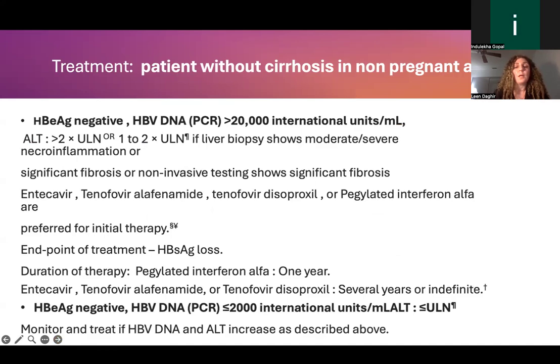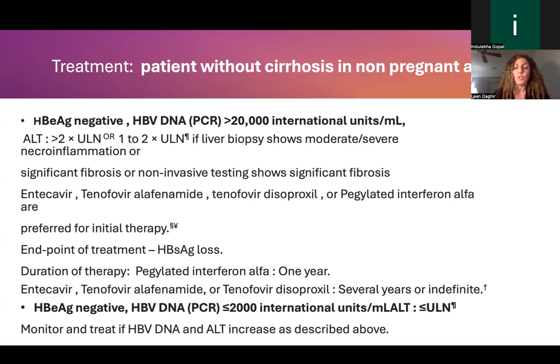Now, if the hepatitis B E antigen is negative and the PCR more than 20,000 and ALT more than 2 times the upper limit, or the liver biopsy shows moderate to severe necroinflammation or significant fibrosis, or non-invasive testing shows significant fibrosis, then we can start one of these treatments: entecavir, tenofovir, or pegylated interferon alpha. The preferred initial therapy is one of them, and the endpoint is when we have